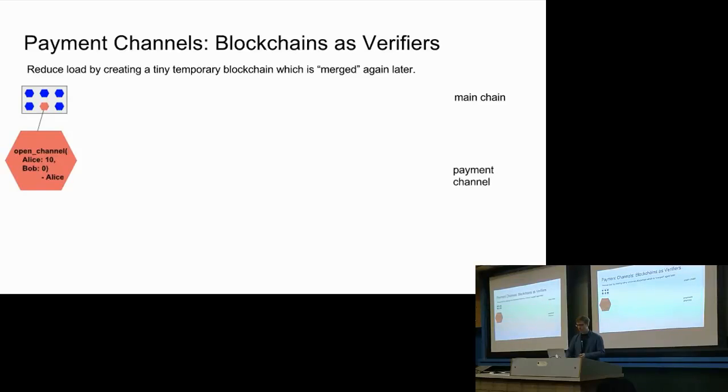Okay, and what happens now? So we create this payment channel, and now we can send transactions inside this payment channel which do not reach the blockchain. So they only exist on this payment channel. So we have a transaction sent by Alice here. They are again signed, and it calls the transfer function. That's the function we already know, but now it's run on the payment channel. And Alice wants to transfer 3 tokens to Bob. And what Alice also does,